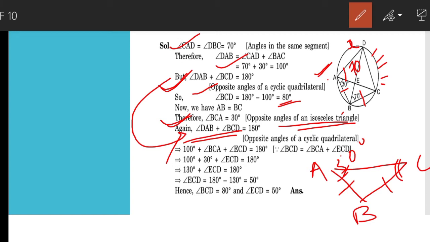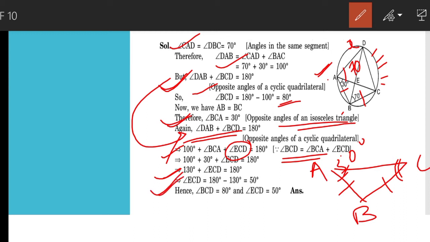So in place of DAB we are writing 100. BCD can be written as BCA plus ECD or ACD, equal to 180 degrees, and we need to find ECD. So in place of BCA we are going to substitute 30. So together we get 130 plus ECD is equal to 180,